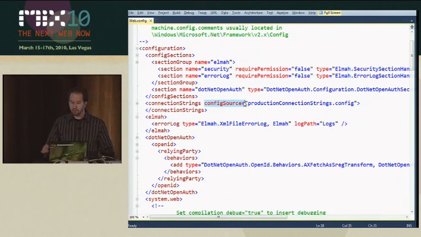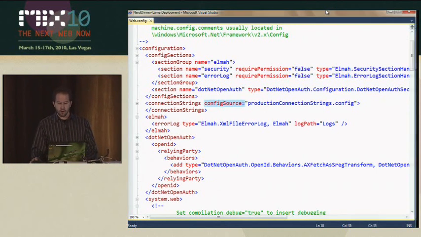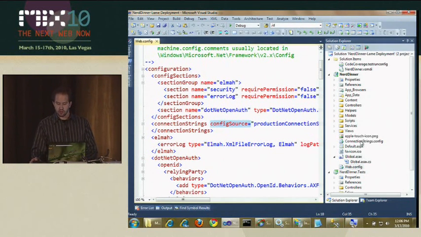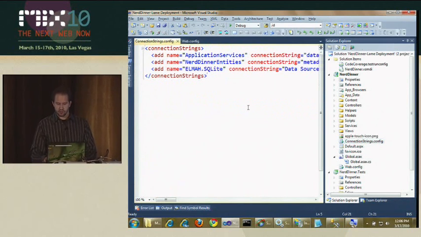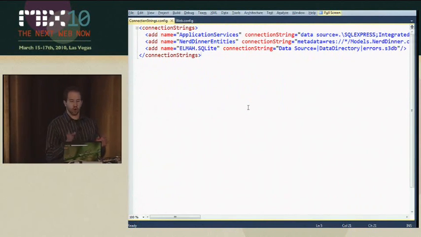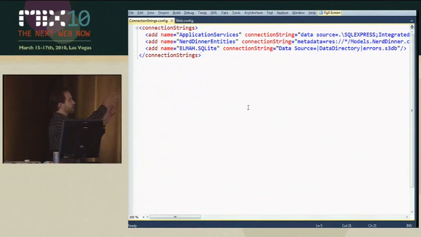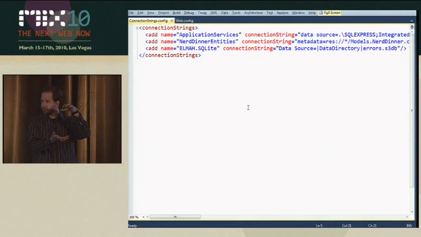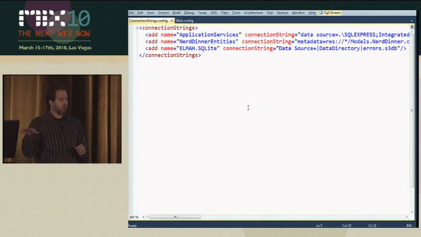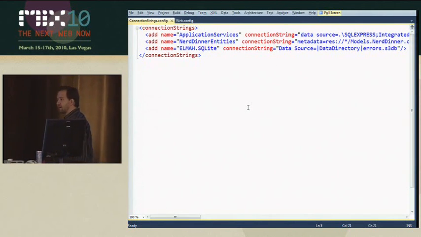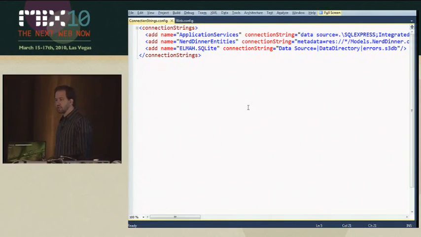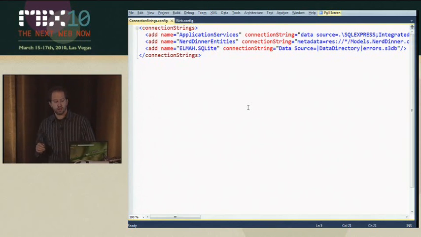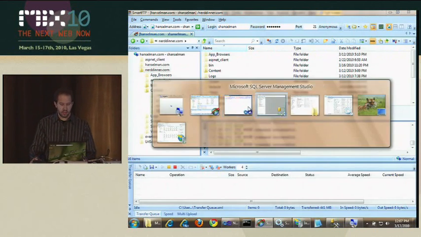So here I'm saying production connection strings. My web config is kind of standardized, but then I've got connection strings, which I check in. This is my local connection strings that talks to SQL Express. You see, it's not even a complete document. It's just a snippet. And then I've got my production connection strings that I don't check into my open source repository. So I keep production connection strings up on the cloud, and then when I deploy, and this is where